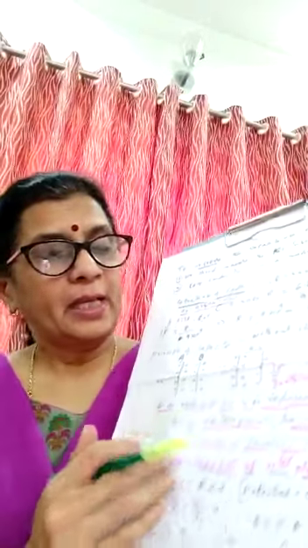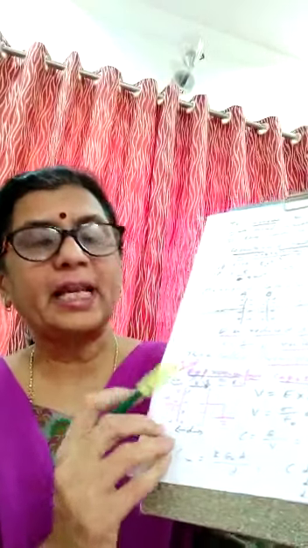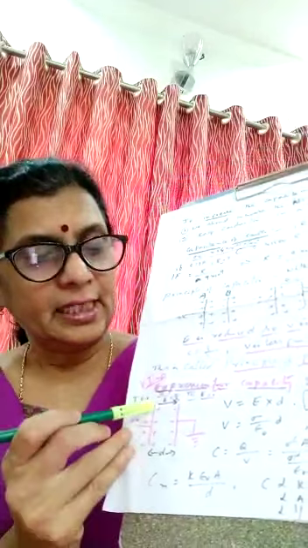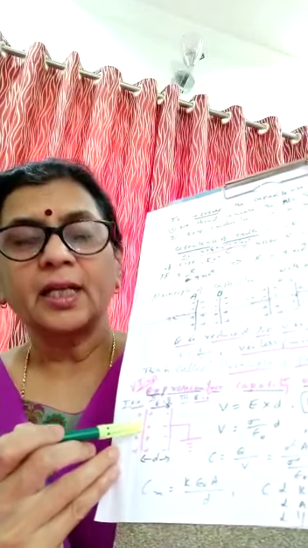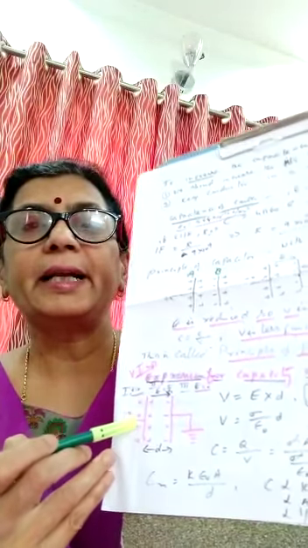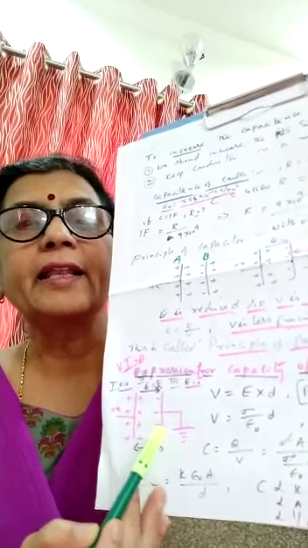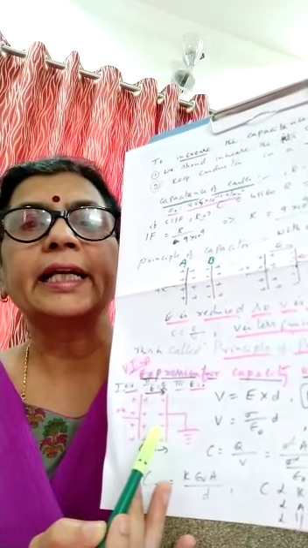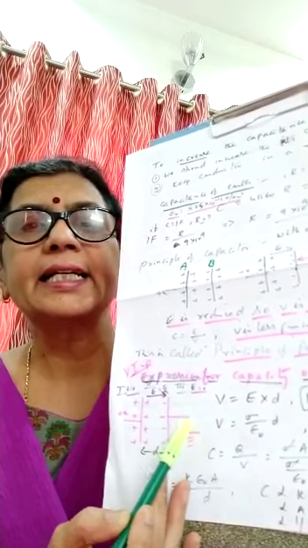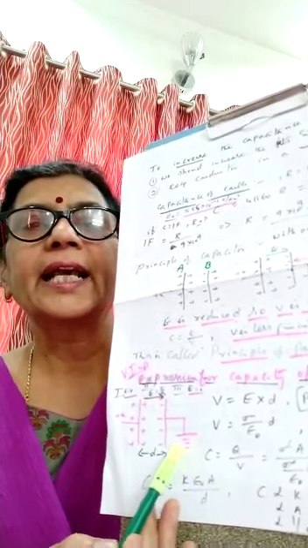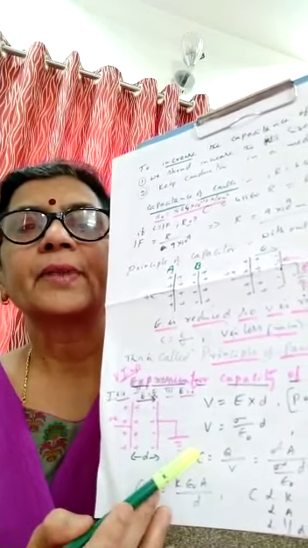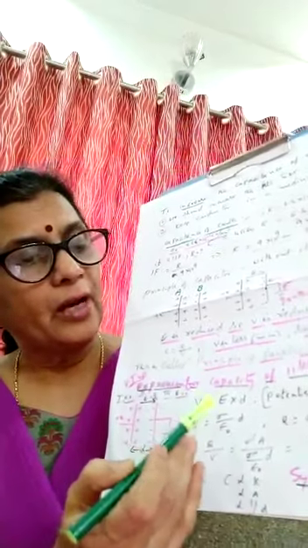Clear? Okay. So this is the construction of the parallel plate capacitor. This is plate A, an insulated plate connected to a charge. Another plate is brought nearer to this one, negative charge is induced, and the second side is connected to the earth. The extra charge will go to the earth.